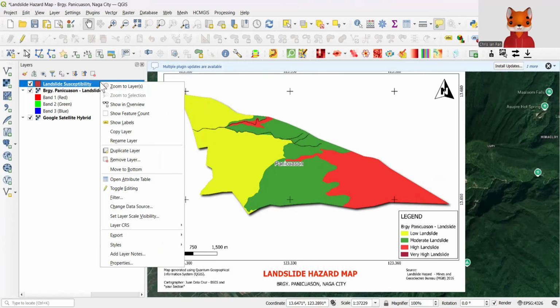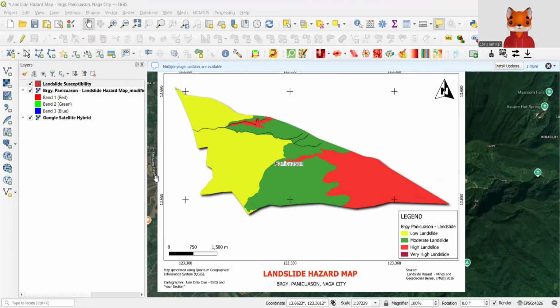Right click, then select open attribute table. Once you select that, the landslide S field should show on the first column of the attribute table. So it shows, so the process is correct. I will close this one.